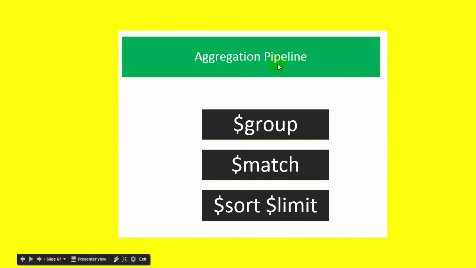Under aggregation pipeline, as I mentioned in my previous video, there are many pipeline operators. So let us see the key ones. We'll be focusing on these 4 initially: group operator, match operator, sort operator, and limit operator. So these 4 we will be using initially under aggregation pipeline. Learning well about aggregation pipeline is very important. So let us see how it works.